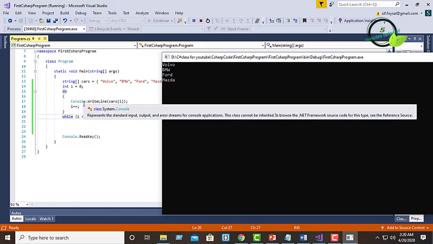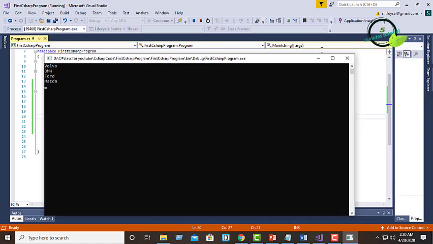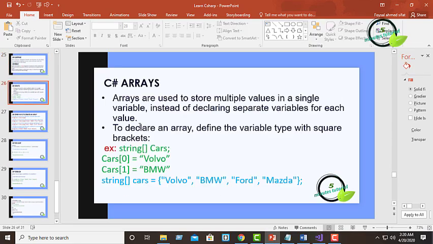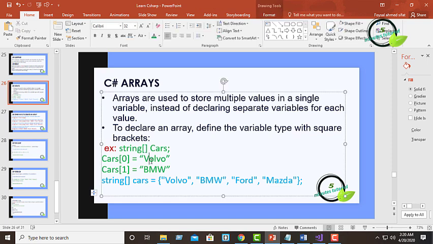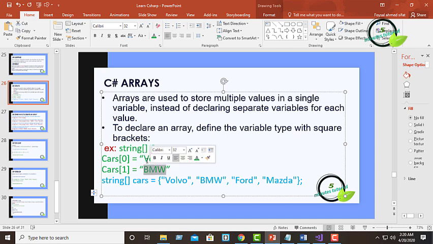So now we will see the array. Arrays are actually used to store more than one value in a variable. So how can we store more than one value in a variable? Here is an example of an array. Here cars is a string array, and here we have assigned car names in the cars variable.